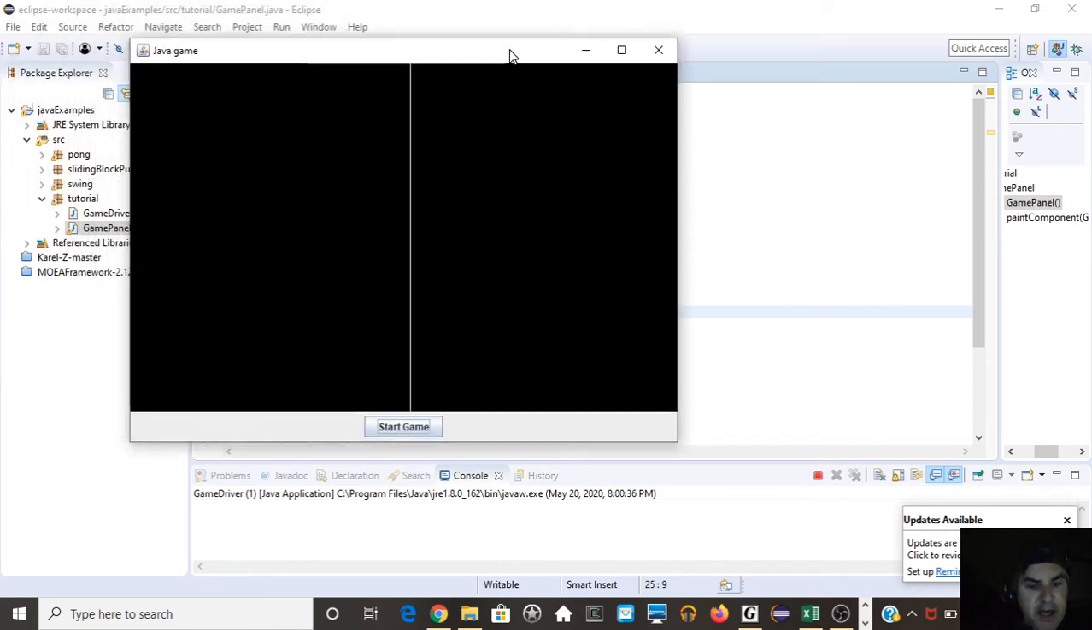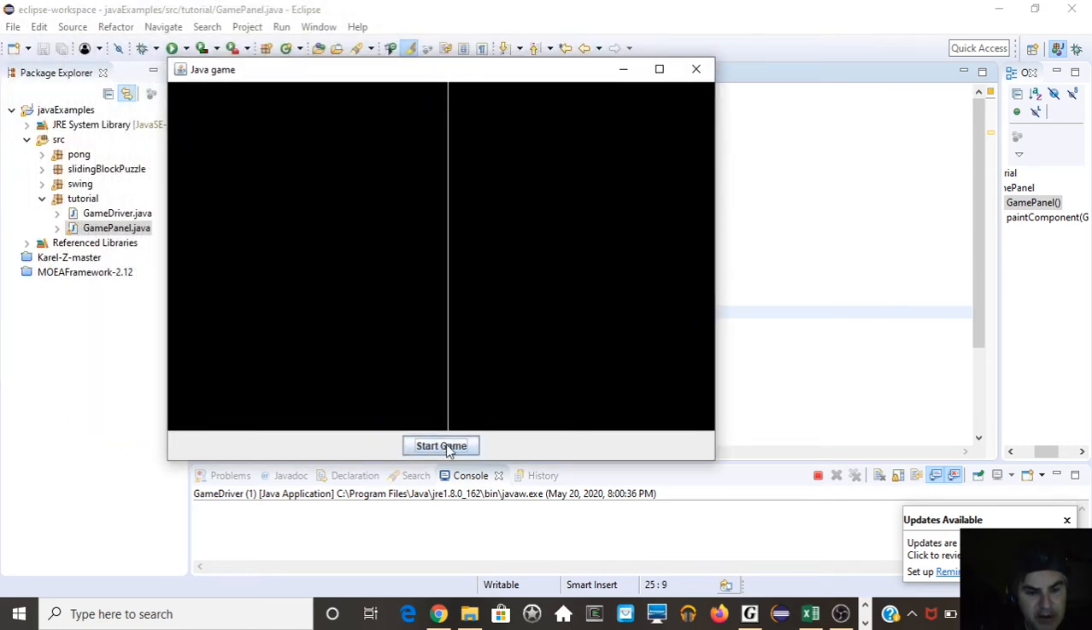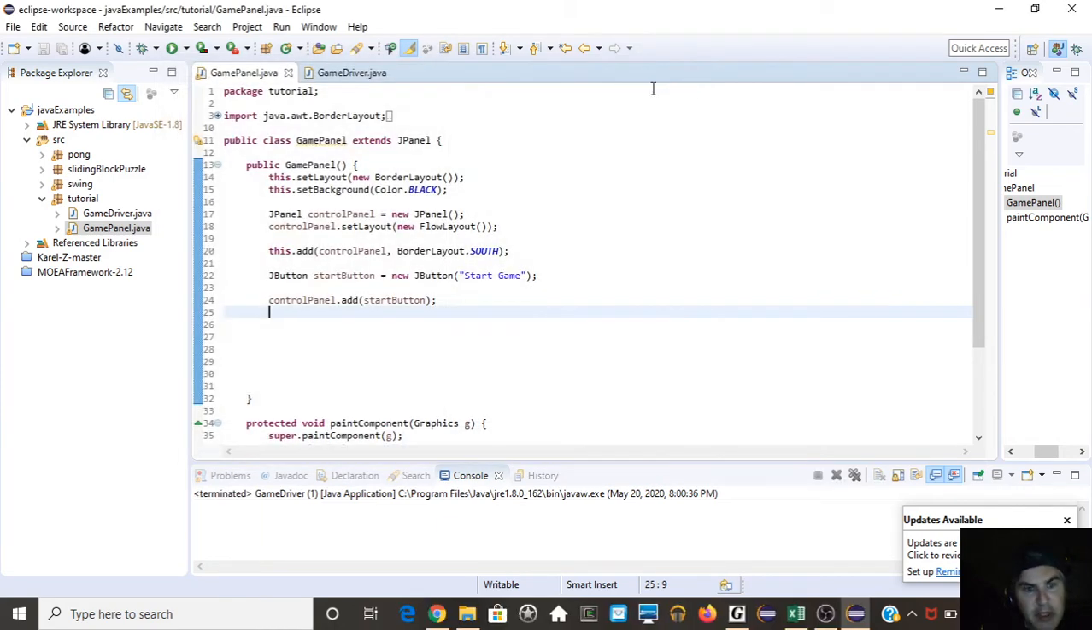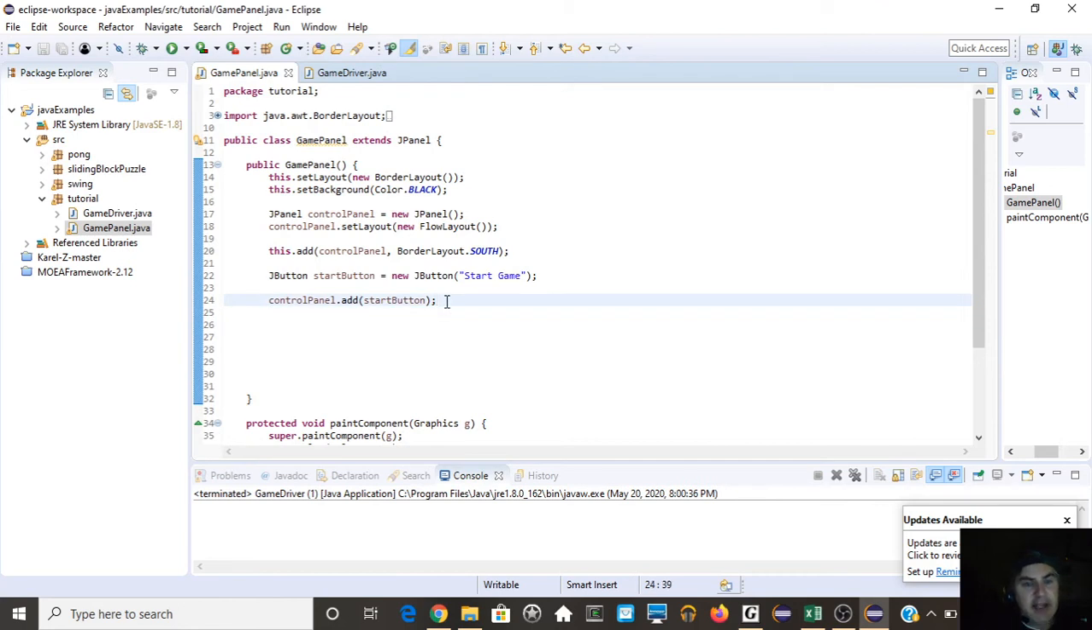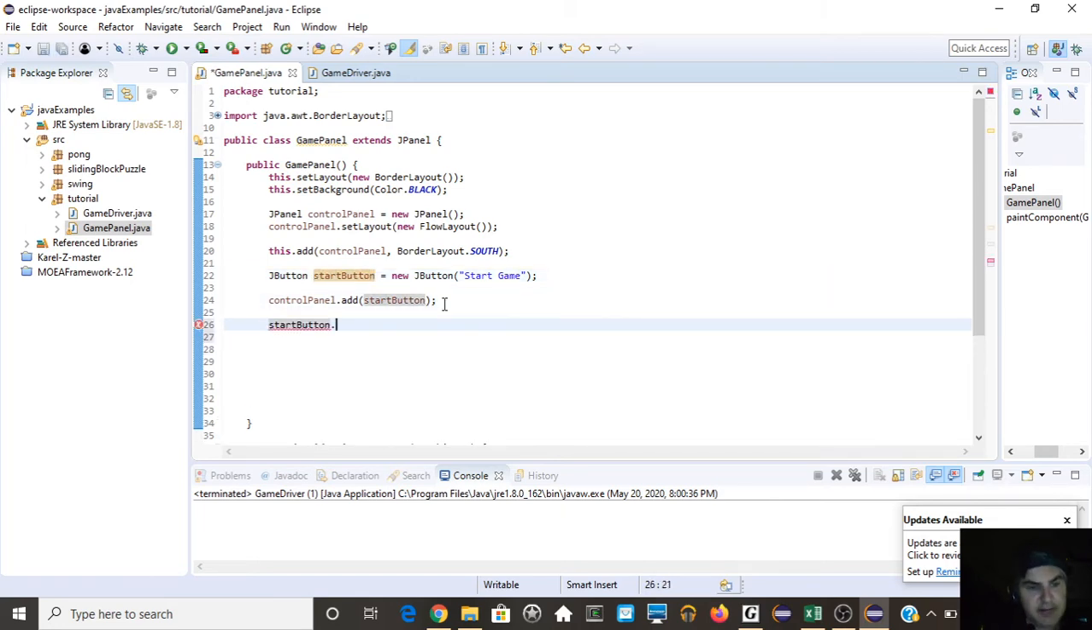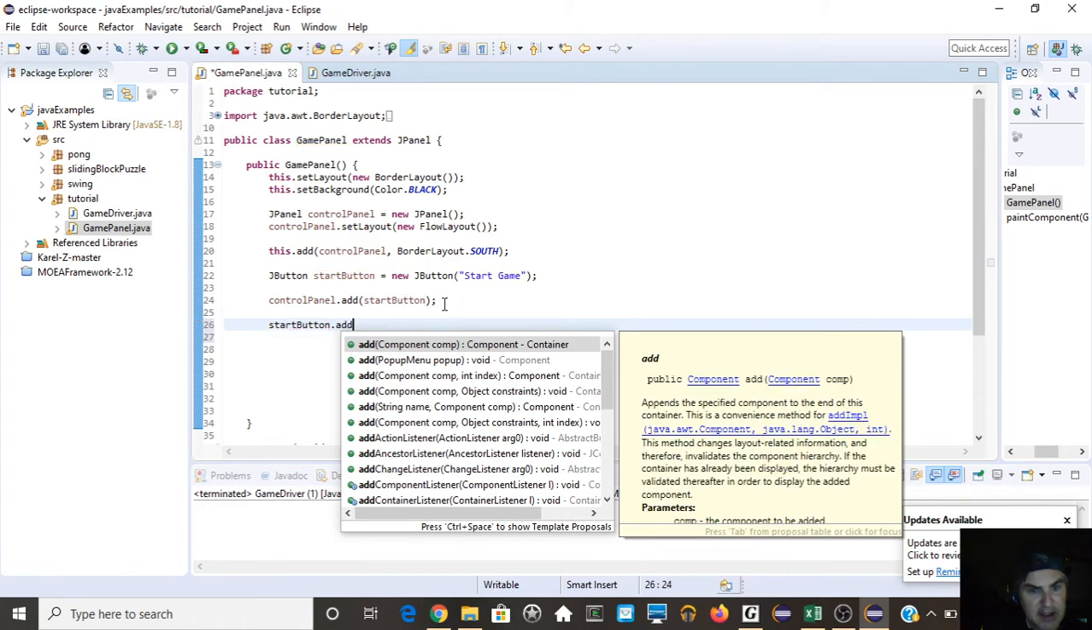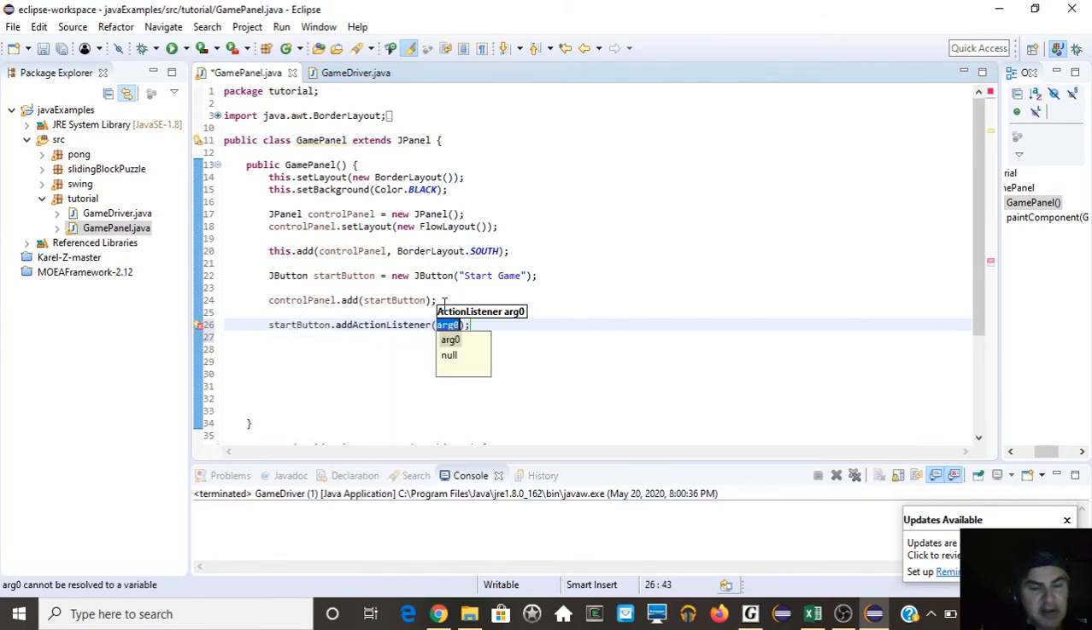All right, so we have a button. That's good news. And if you click start game, it does absolutely nothing. So we need to add the ability to listen to those button clicks, and what's required there is an action listener. So we'll add an action listener,